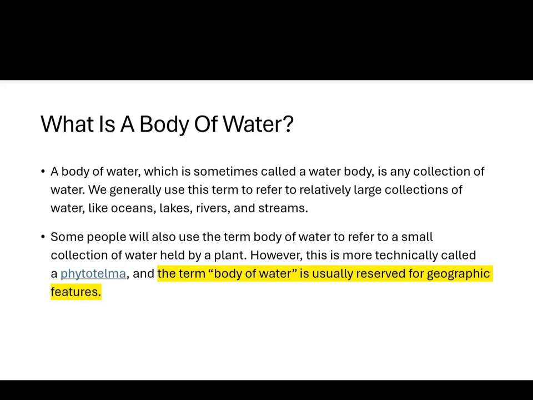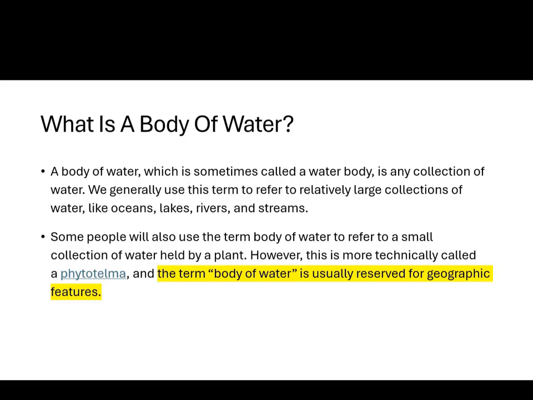Some people will also use the term water body to refer to a small collection of water held by a plant, but this is more technically called a phytotelma, and the term body of water in this presentation is usually